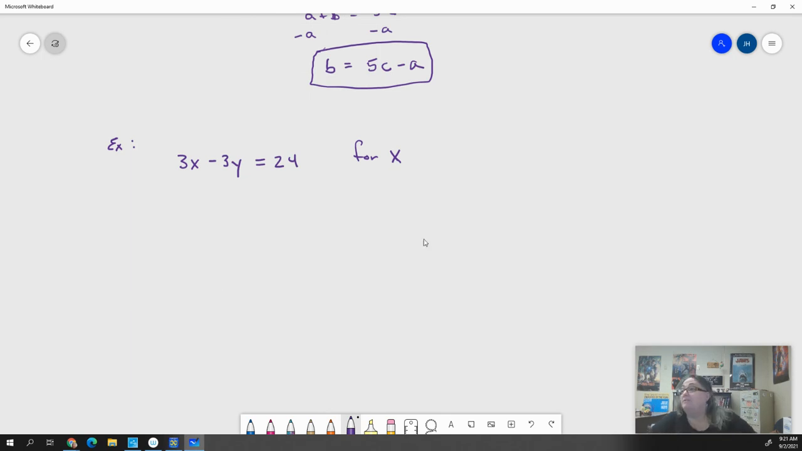So let's do it together. I'll show you. So everyone seemed to get the part right where you just add the 3y to both sides, so that you're left with 3x equals,